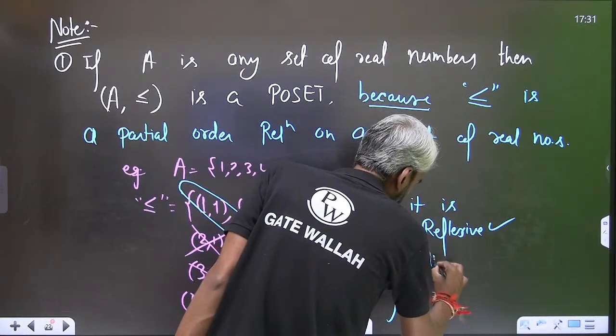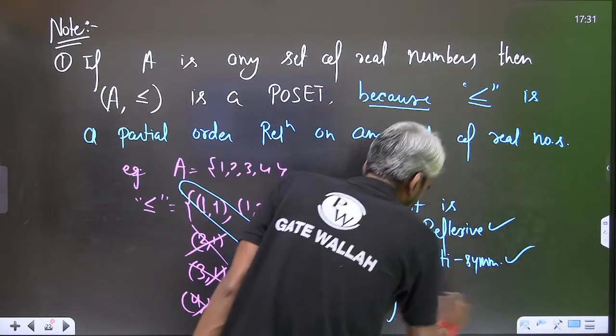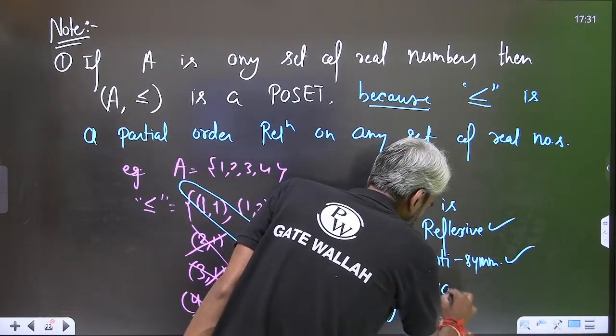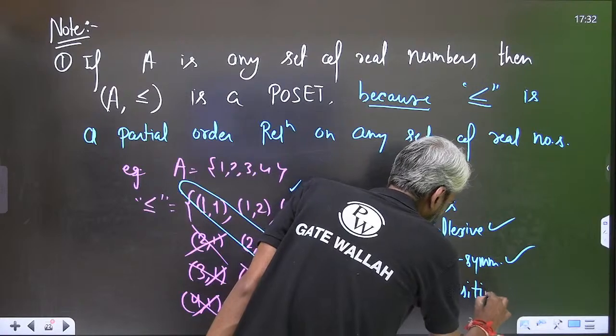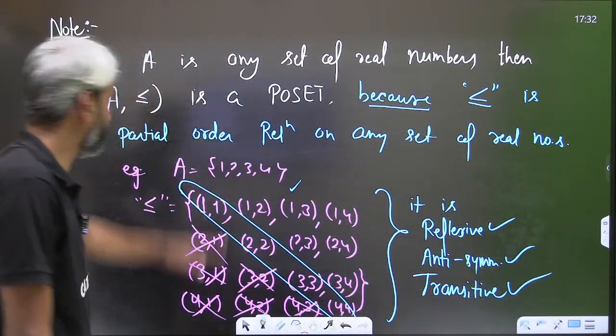This is antisymmetric, transitive. Here, all three properties are satisfied, therefore it is a partial order relation. Similarly,